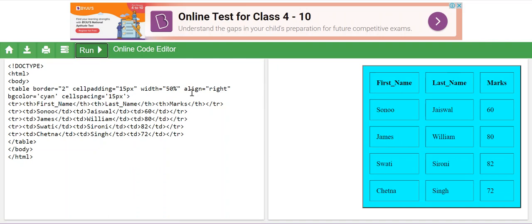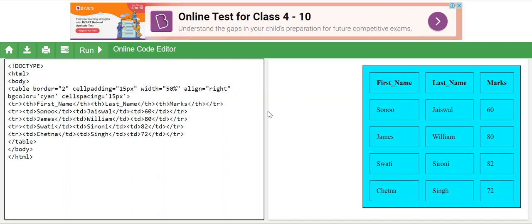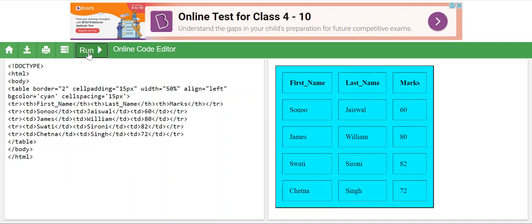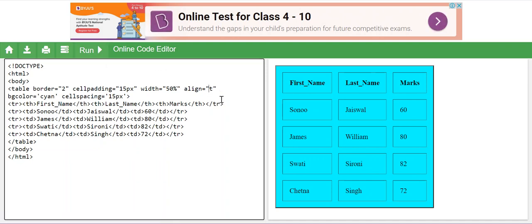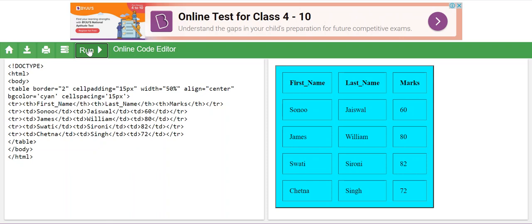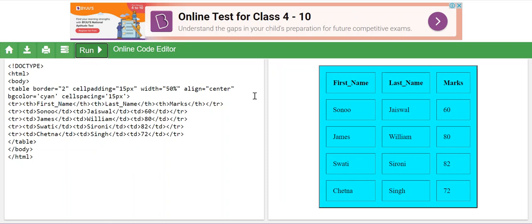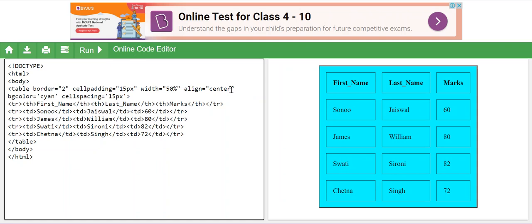So it is reduced. Then align equal to, align means where exactly you want the table to be displayed, whether you want it displayed left or right or center or justified. Justified is to justify it with the border. Now let me say left. When you say left, you will see that the table is aligned in the left. When I say center, you will see that the table is aligned in the center. And then when I say right,